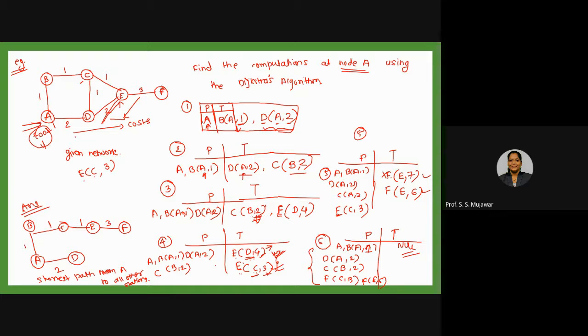Now here it is the shortest distance to reach the C. So I will be moving the C into this permanent one. So A, B of A1, D of A2 as it is, and this C of B2 I have moved here. Okay. Now the remaining is E of D4 I have mentioned here. Now check out the immediate neighbors for this C. Now, immediate neighbors for C are B, D and E. Right, B is already present in the visited nodes, so we don't need to write that. Then D is also present in the permanent one, so the rest is only E, right?